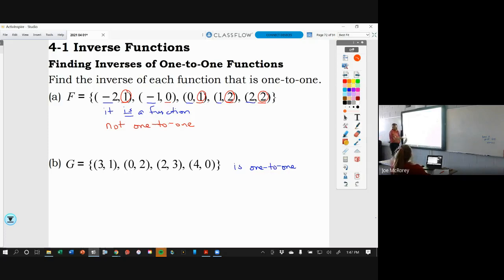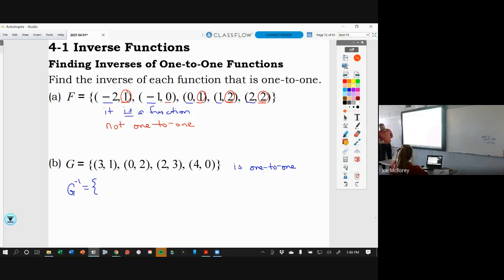So this is function G. Function G is that set of points. I want to write the inverse of that, so I'm going to write this G here, with a -1 that looks like an exponent, but it's not. That -1 is just how we indicate that we're talking about an inverse. So the inverse of G is,